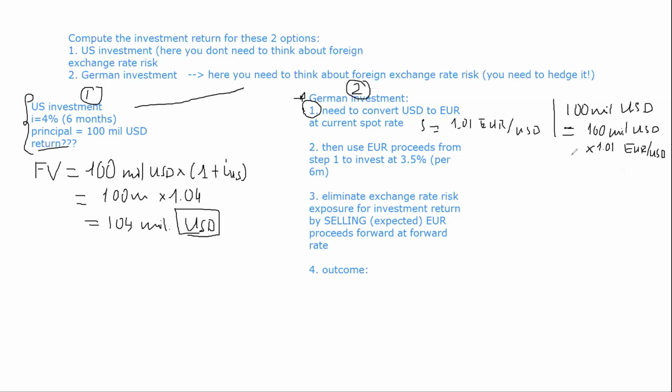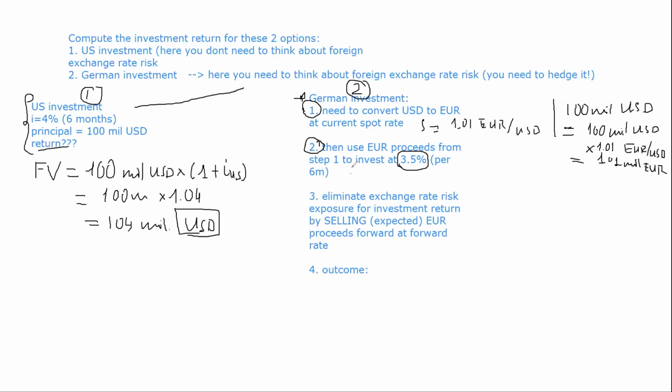Okay, so if I want to find the equivalent euro amount, it will be 101 million euro. Okay. So after I have converted my USD into the euro, I'll take that money to invest in the government bond. I'm going to buy a government bond now, and I'm going to hold it for 6 months. At the current interest rate of 3.5% per 6 months, I expect to get,